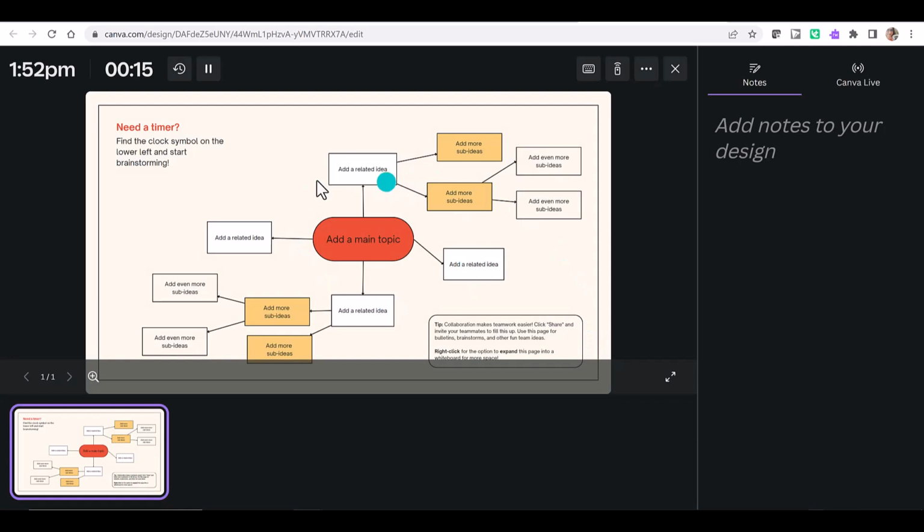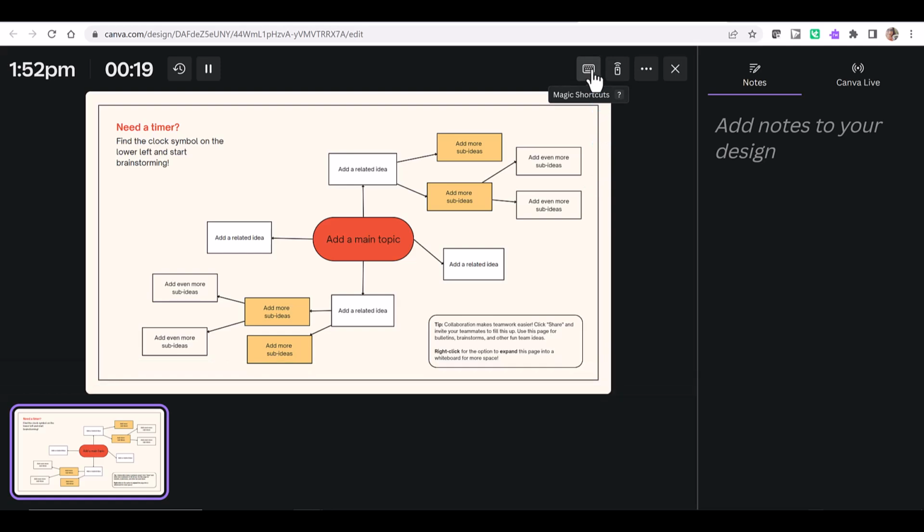It gives you this nice little cursor highlight so you can move through things and your audience will see that. Lots of different options, magic shortcuts. You can link a remote control to it, so like a clicker that clicks you through. You can hide the magic cursor, that kind of thing. Add notes over here for yourself.